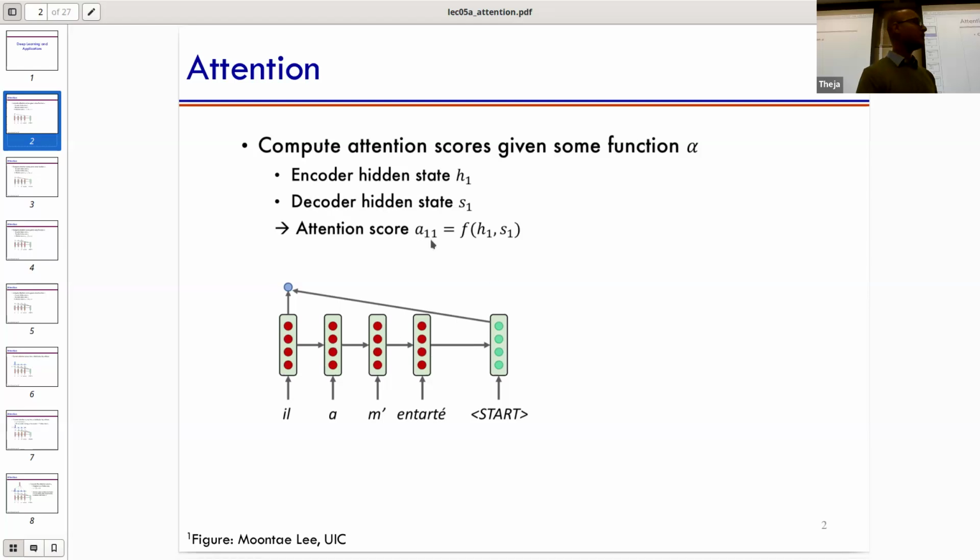So what I'm going to do is first compute a score, a simple number, using H1 and S1. H1 is this red one, the leftmost vector. This 4-dimensional vector is called H1. The rightmost vector currently is called S1. I'm going to compose them together. Compose just means use them both together. For instance, this F could be just an inner product between H1 and S1, H1 transpose S1. That's my number, and we're going to call it the attention score. That number is supposed to signify how important this hidden vector is for my current output generation.